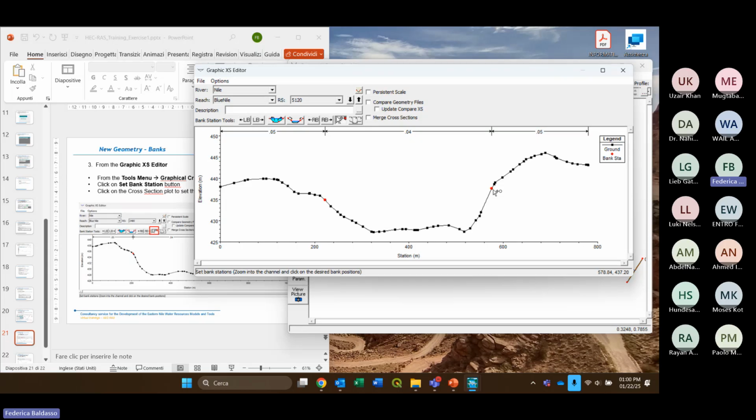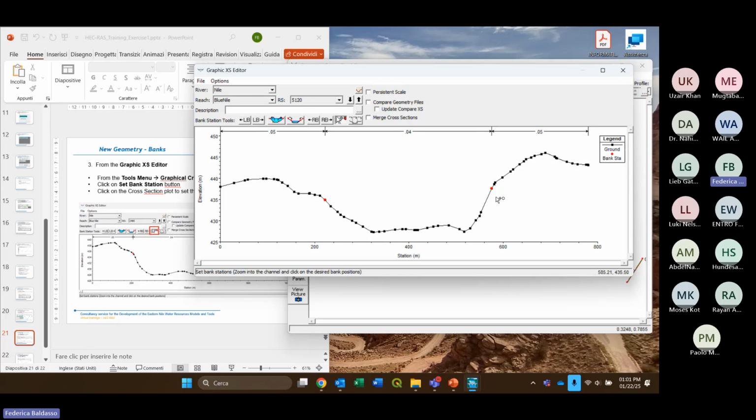If you select, for example, a point which is in the middle between 2 points, it will automatically set the nearest, so you don't have to be really precise and click on the specific point. If you click near this one, it will automatically recognize that you meant to select this one. So let's do this